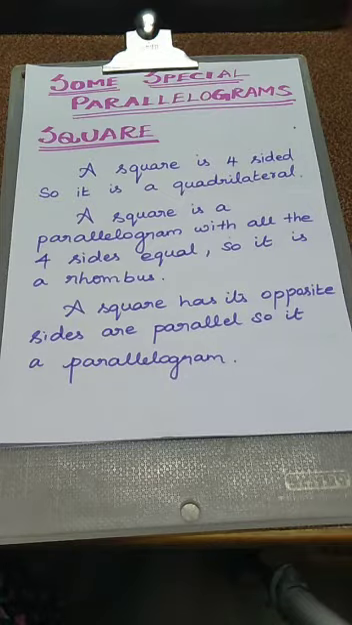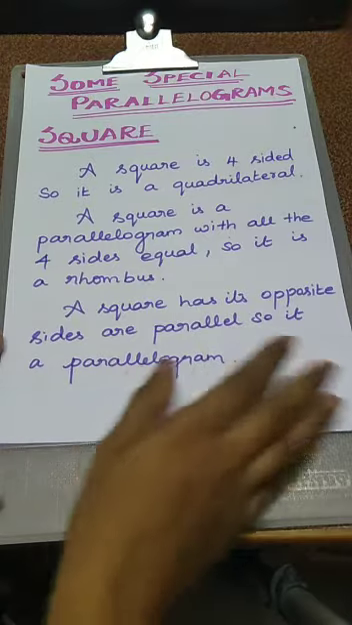Okay. Next one, a square has its opposite sides parallel, so it is a parallelogram. We know in a square all the sides are equal only. But what is the main property of a parallelogram? In a parallelogram, opposite sides are parallel and equal. So here we have to take that opposite sides are parallel, so that is a parallelogram. So we have to use the condition here. Okay. The next one,